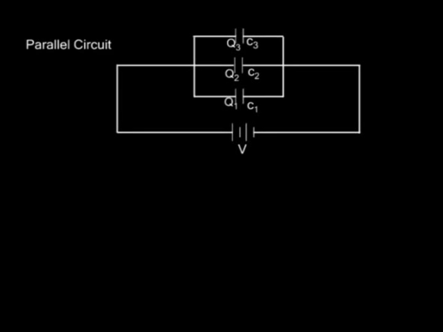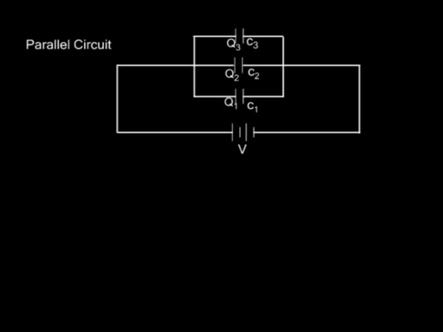Capacitors in parallel. Now in the parallel arrangement, all capacitors have the same potential difference across them. And this is clear as appears on your screen. Let the potential difference across them be equal to V, and Q1, Q2 and Q3 be the charge on each